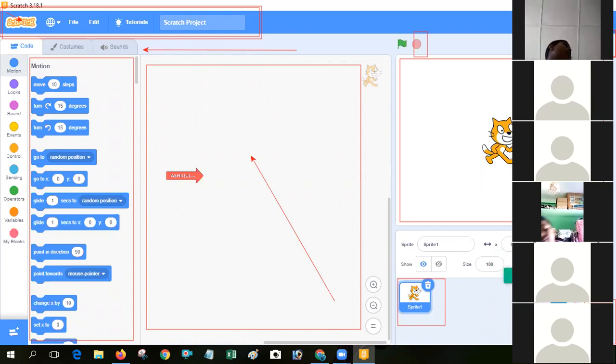Okay, so I have to insert a new sprite in my stage. Stage means this area is the sprite area. So now you see, I want to insert a new sprite in my sketch area. Then how can I do it?